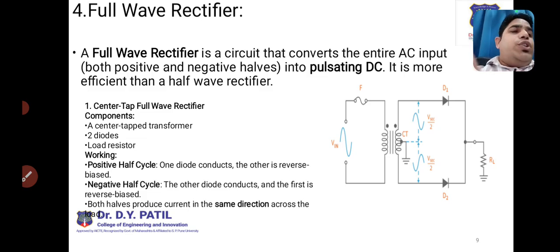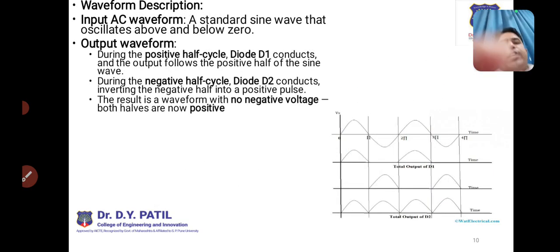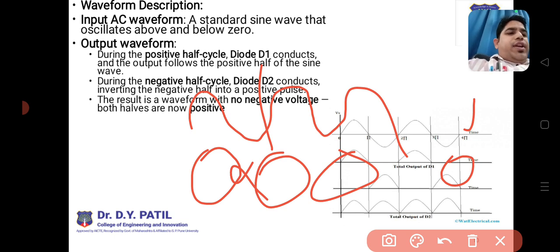In the positive half cycle D1 is turned on, and in the negative half cycle D2 is turned on. Already we have learned in the theory section how it works. So in the positive half cycle one diode is conducting, and in the negative half cycle the second diode is conducting. As you see, as per that we can see